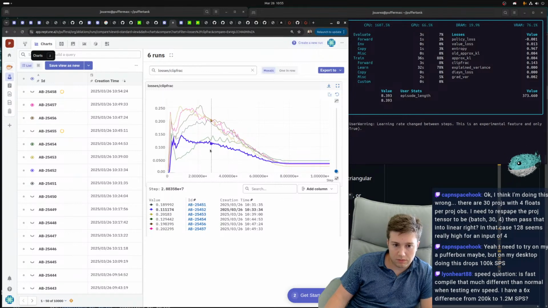These kind of vary a little, right? These vary a bit. I don't see a clear trend though.